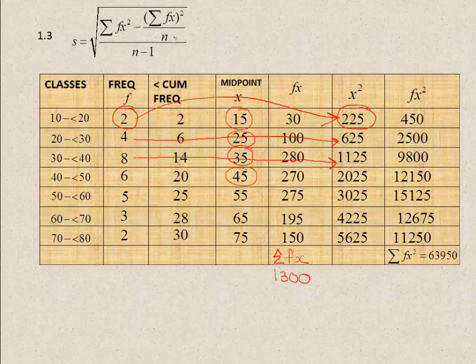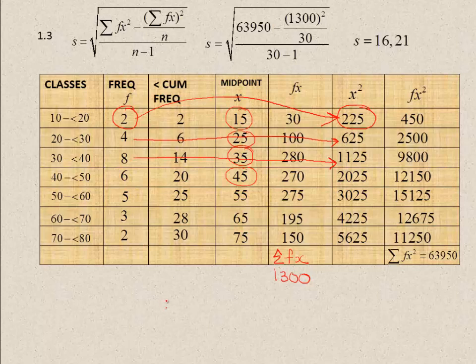What's the value there? What is n? And all I'm saying is, when I do my substitution, I end up with, oh, there it is on the top, I'm looking at the bottom. S, which is equal to sum of fx squared, is this value, minus the sum of fx squared is 1300 squared, divided by n, which is 30, over 30 minus 1,